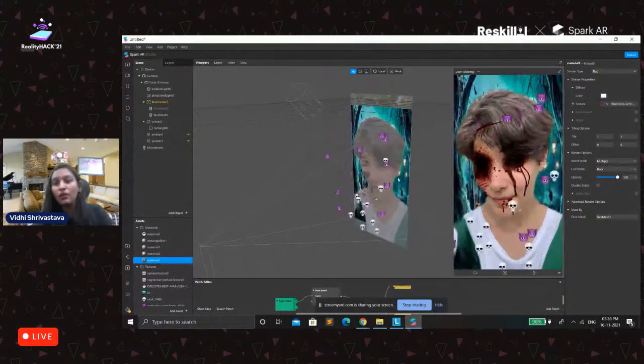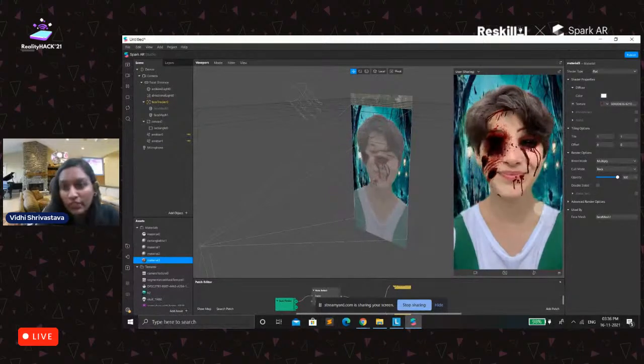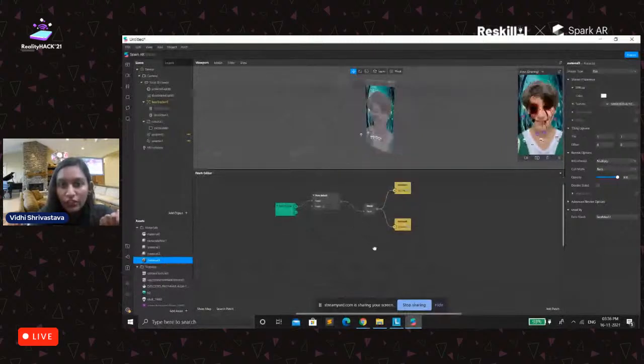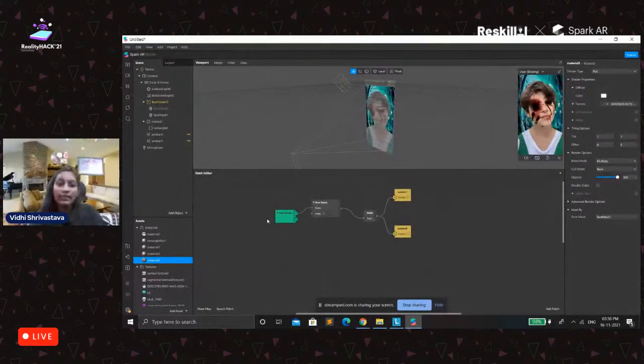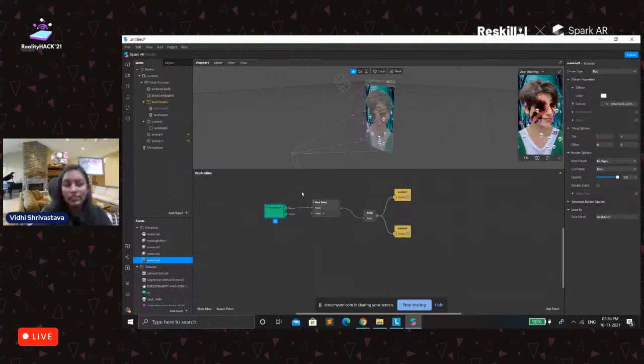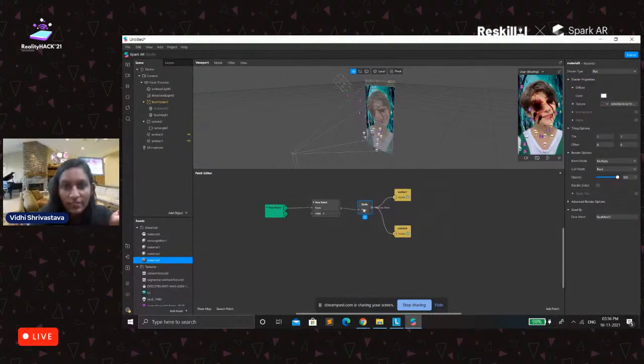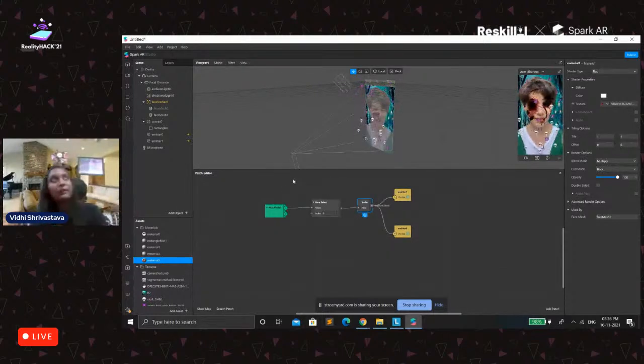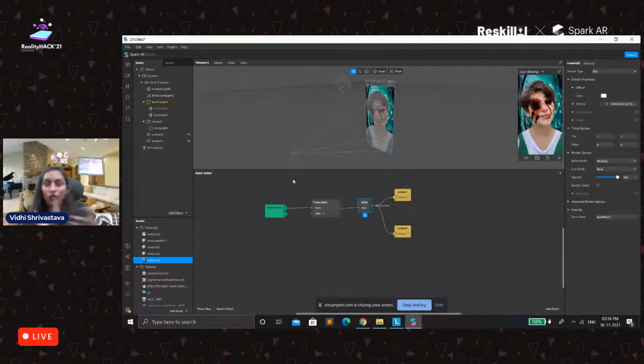Okay. Now what I will do is, for example, if a user clicks on the screen, I want the previous face mesh should appear. So we have to create a logic for it. Before that, let me tell you that you can even make comments on the patch editor. So that, for example, if I share this project with anyone, the code should be understandable, like whatever I am doing. If I'm making a filter for a brand and a friend asks me about it, if I show a messed up patch editor, then he or she won't be able to understand it.